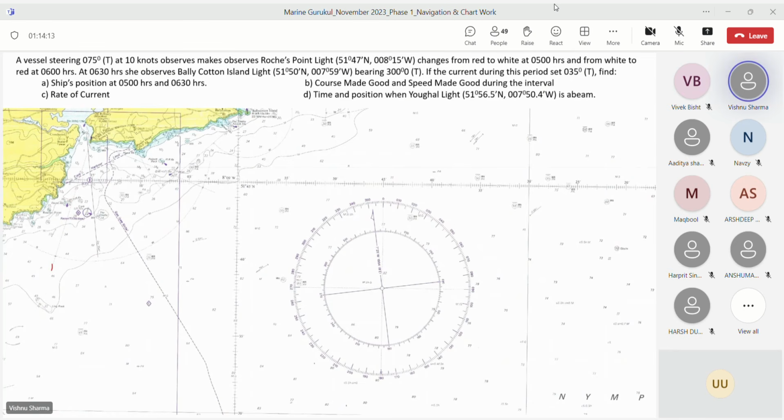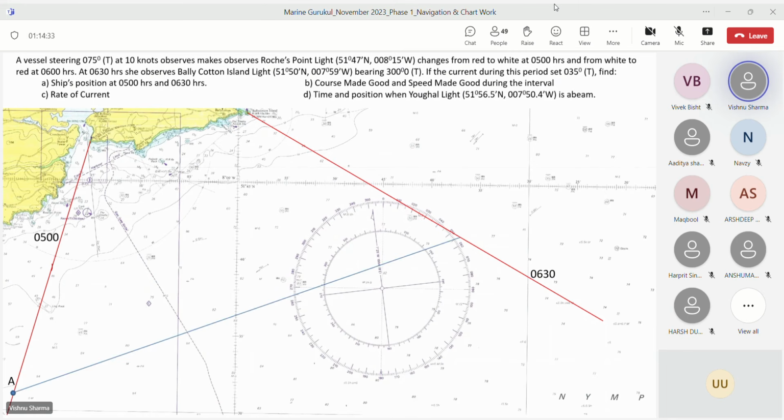First, draw the first PL, mark the time on it. Draw the third PL, mark the time on it. Take any point A on the first PL, any point. That is not a fix, it's just a point, guys. Draw CTS through it and mark point B on the third PL.